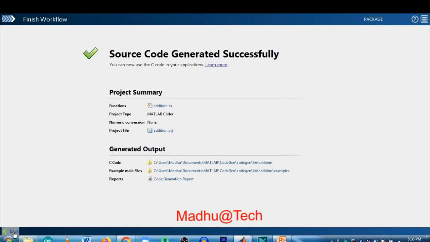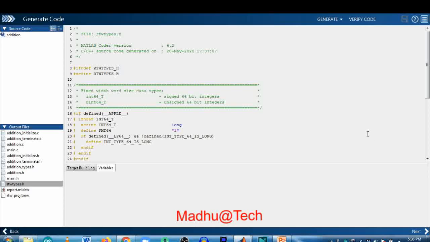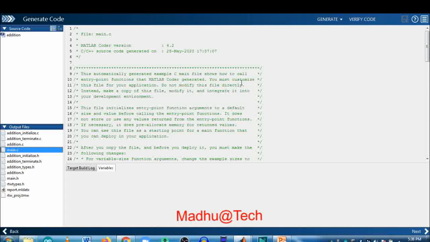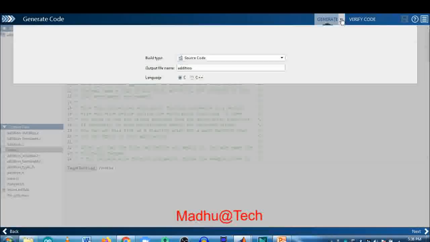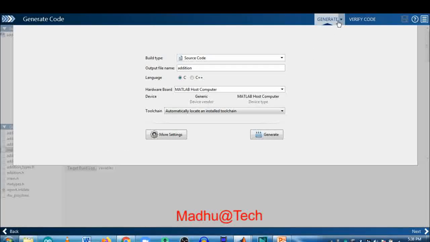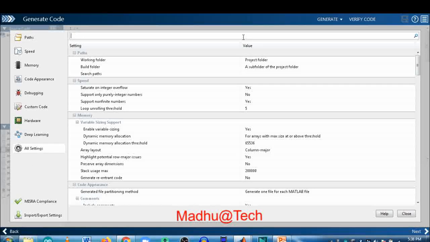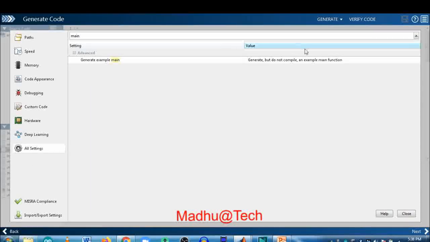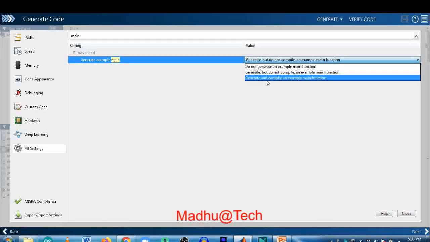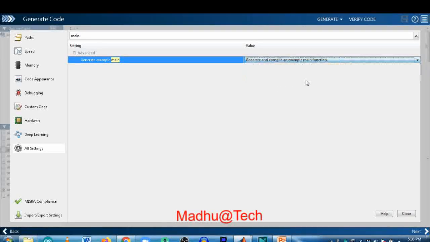Now we want to generate the .exe file, the executable file. Again click on generate, then this cursor, and build type will be... okay, go to more settings, all settings. Now type here main, M-A-I-N, and click on generate and compile an example main function.